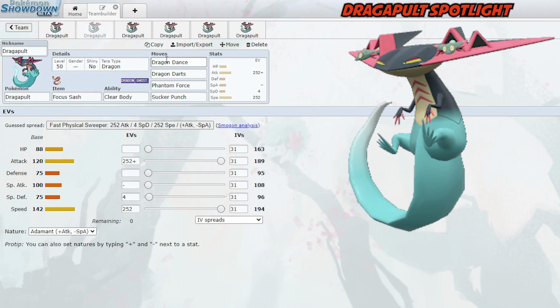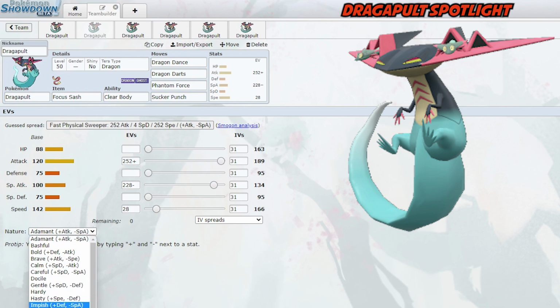One final thing about this set is because you're focused on boosting your speed and because you have Focus Sash to kind of guarantee living a hit, you could, if you really wanted to, go less speed because you're going to be boosting your speed with Dragon Dance, and you could just run enough speed to maybe outspeed something like Hydreigon before a boost. Hydreigon hits 165 with max EVs and a Timid nature, so you could run this much speed, and then if you really wanted to, this might sound weird, you could dump all that in special attack